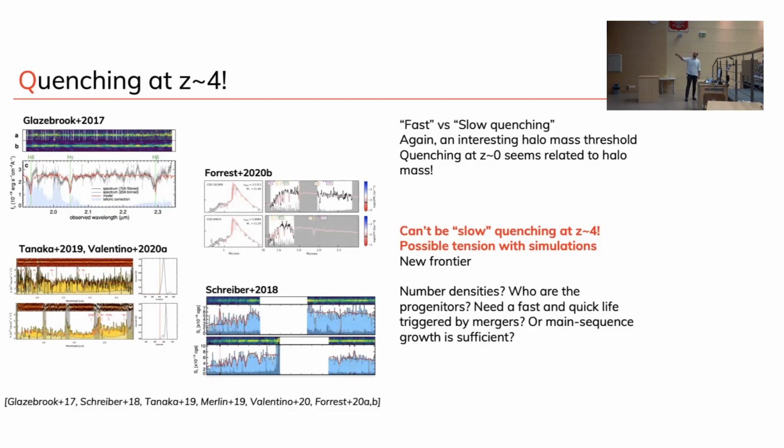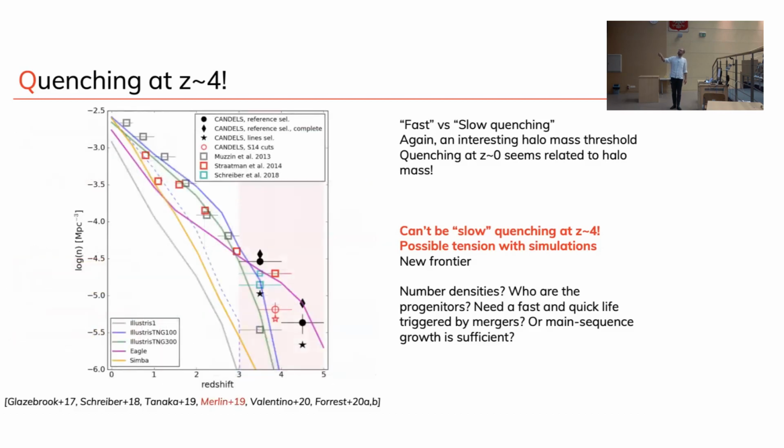And we have to figure out if you need some sort of rapid growth, maybe through a merger, or maybe some more normal main sequence galaxy growth is sufficient. Keep in mind that normal main sequence growth at redshift 5 or 6 might need hundreds of solar masses per year, and 10 to the 11 solar masses, which is the typical stellar mass here. Just to give you an idea, this is a compilation by Yang and Lin. This is just counting these objects.